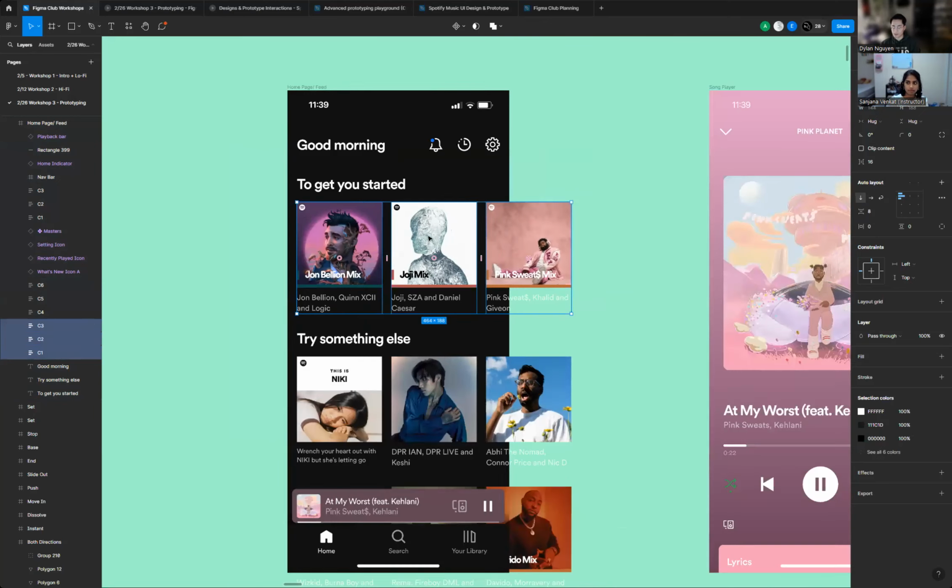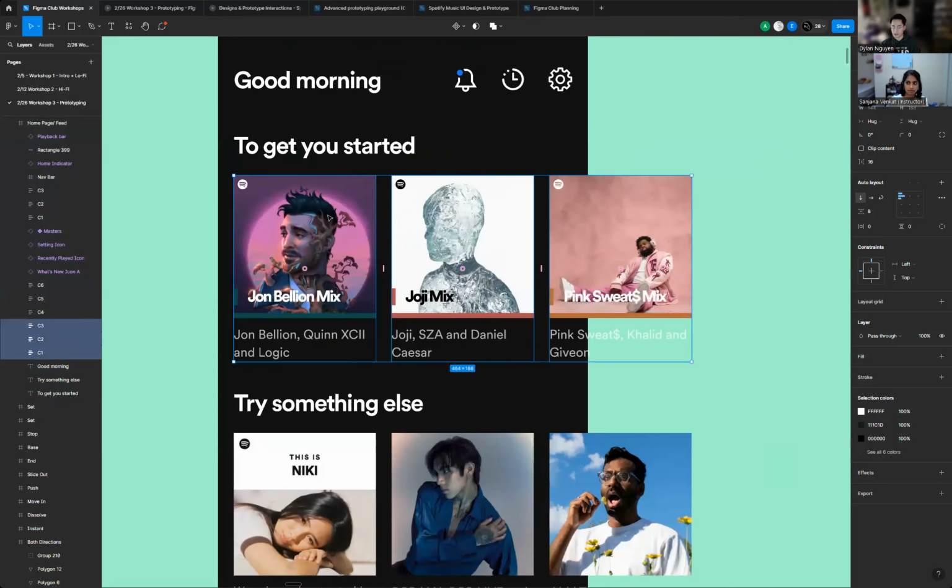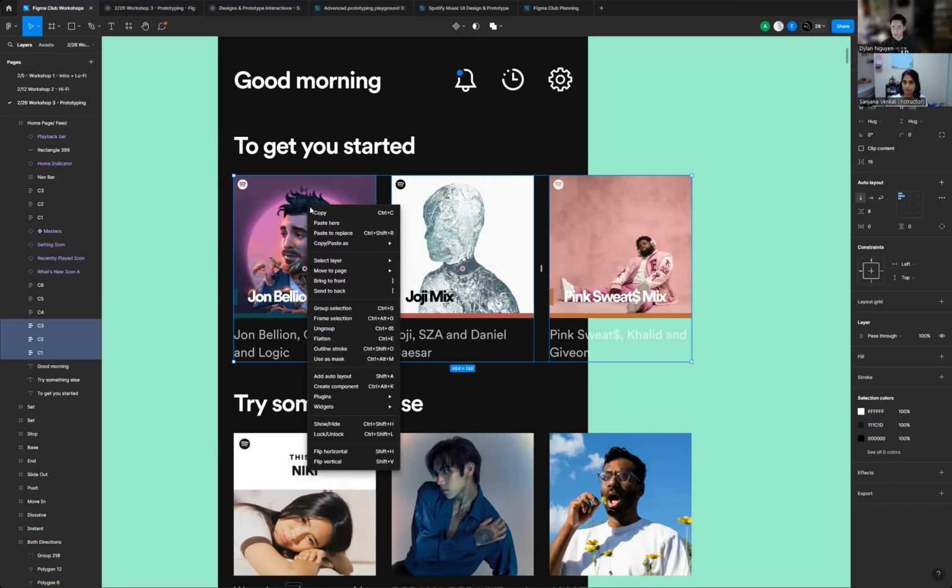So now I should be selecting all three of those, and you'll notice that they're tied together with the words under them, and that's intentional. So don't double click on anything, just singularly click on them. And that should allow you to select the whole album cover and the words under them. So now that I have all three of those selected, I'm just going to right click and